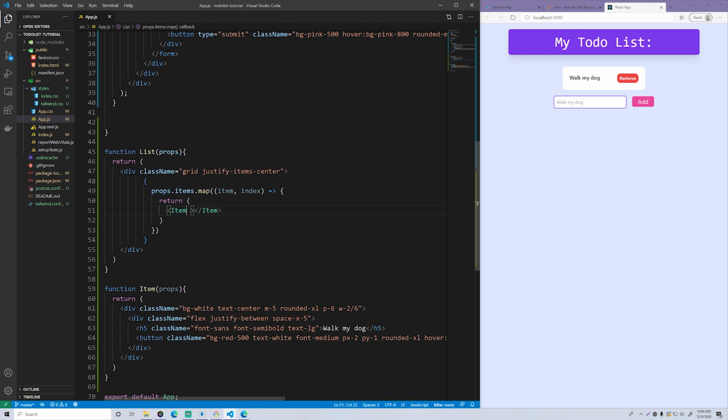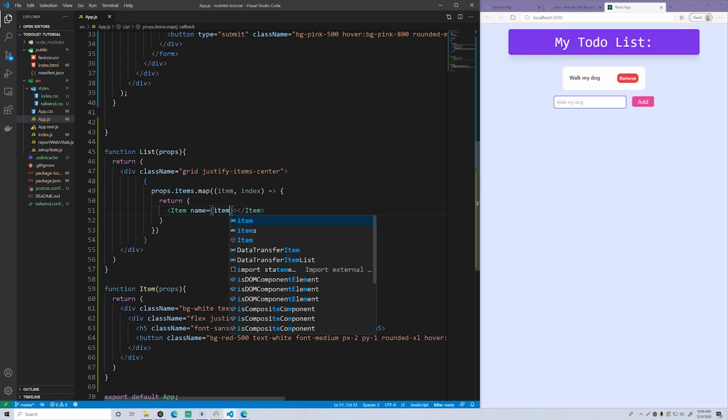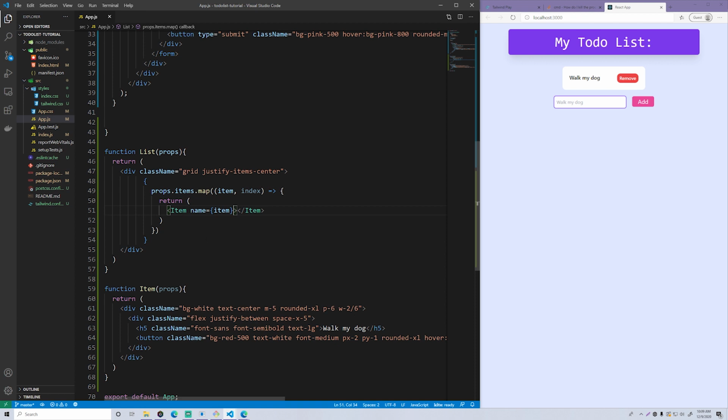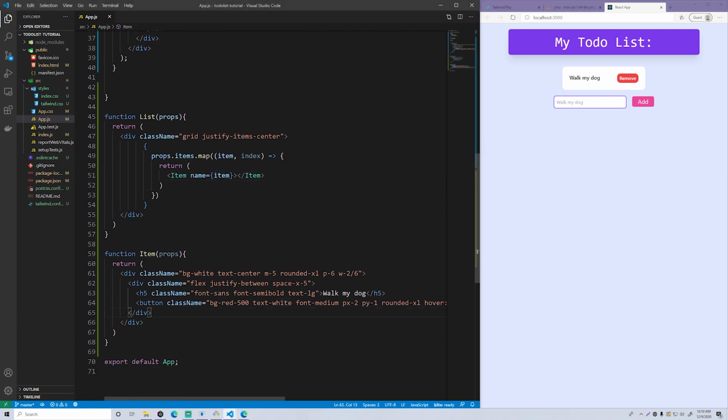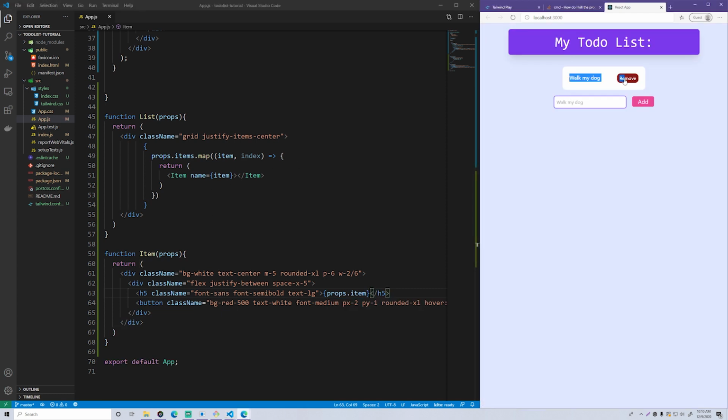And so what do we want to pass into that? We'll pass in some information like the name of the to-do, like the actual string itself. So we'll do item, and the item here is going to represent the actual string, because of course we're passing that in. And so now back down in item, we want to take that as a prop and then render it. So replace this right here. So instead of that, we want to do props.item. There we go. So we're going to take that prop that was passed in, which is the string name of what we're doing, and then render it to the screen, basically.